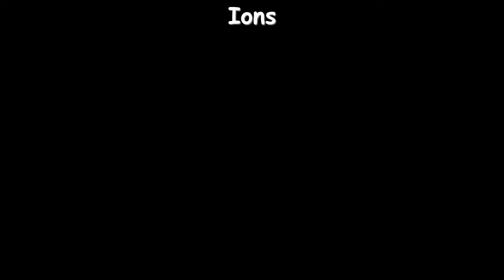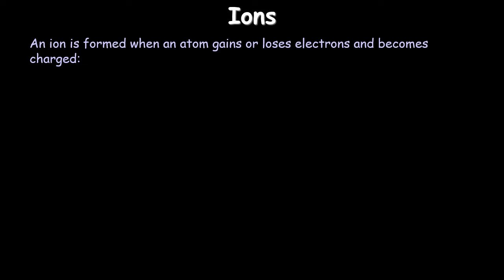In normal circumstances, atoms have an equal number of protons and electrons. As I told you before, it's decided by its atomic number. But in certain cases, atoms can gain or lose electrons and therefore become charged. It's really important that you remember that it's just electrons. They cannot gain or lose protons, okay,